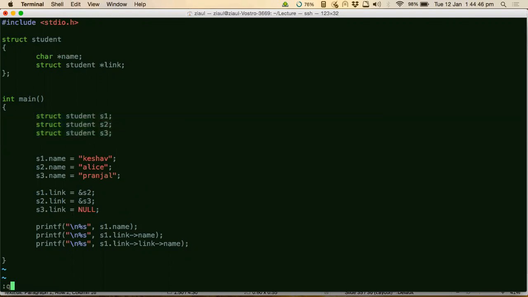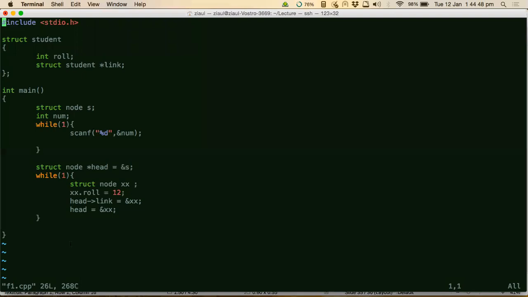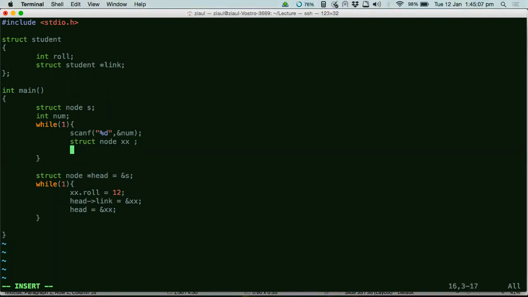So what I want in this program is for you to create structure nodes with every iteration of this while loop. As this loop is executing, for every new data you enter, you put it in a new struct node.